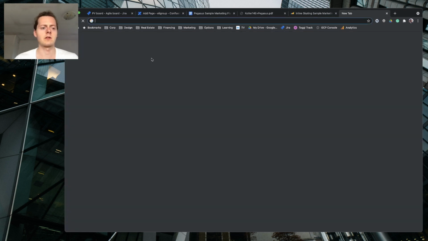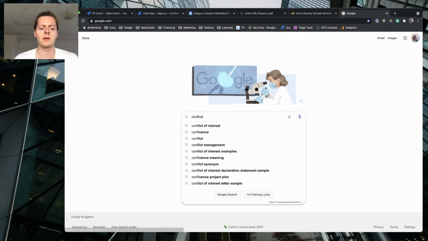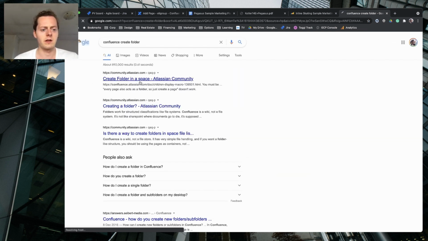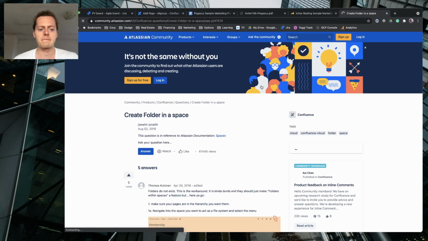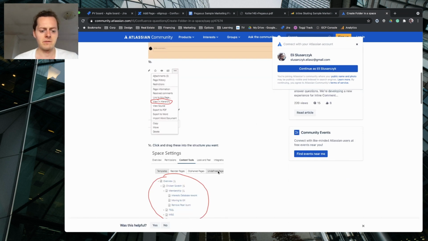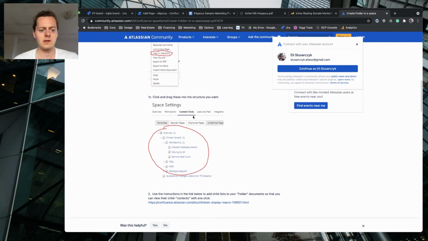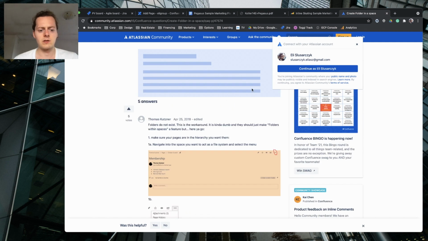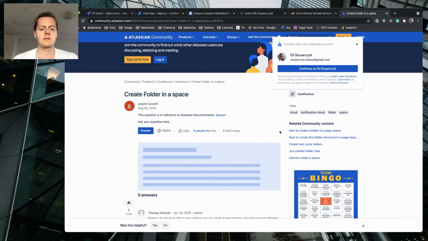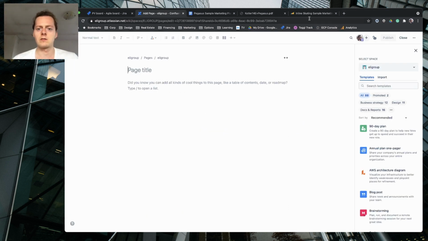I'm gonna go to documentation. So Confluence, create folder for pages. I think I'm gonna call it project V in hierarchy, and make sure the pages are in hierarchy you want them. This is one of those annoying things, right? That you just don't know how to do something, and it's not very intuitive for me.